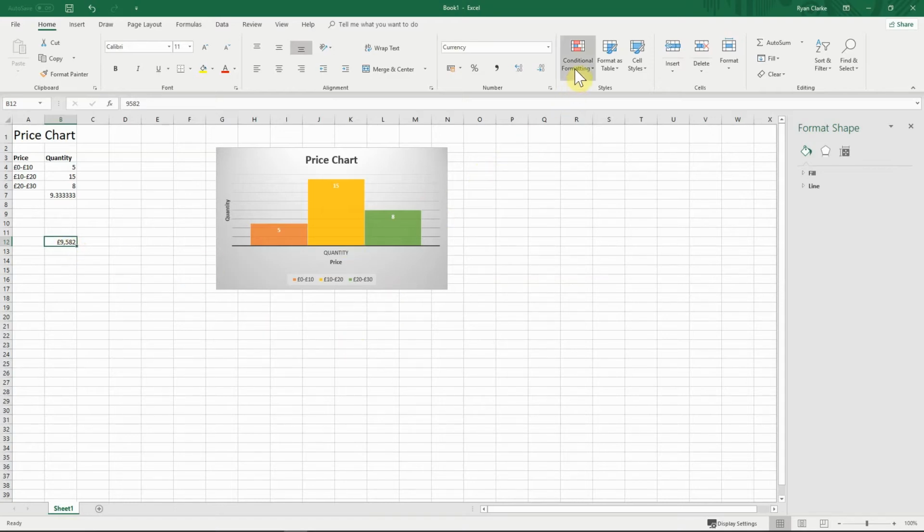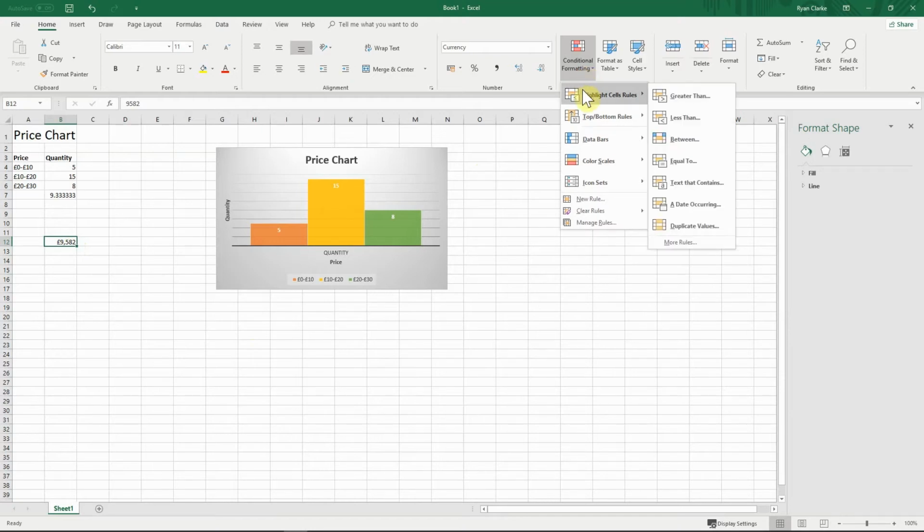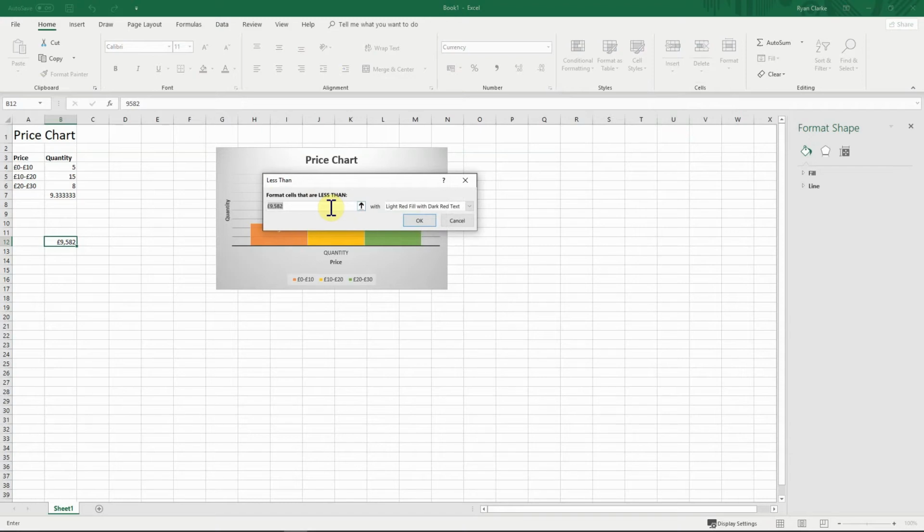So what we can do is, again, on the home page, just click on conditional formatting, and we want to just highlight the cells. There are other formatting options you can use, but this is quite an easy one. So we're just going to cover this one for now. So let's say that for this particular company, their target was £10,000 for the end of the month. So they're actually under. But before they even put that information in, you could have highlighted the cells here, and you can say that, right, well, if it's less than £10,000,